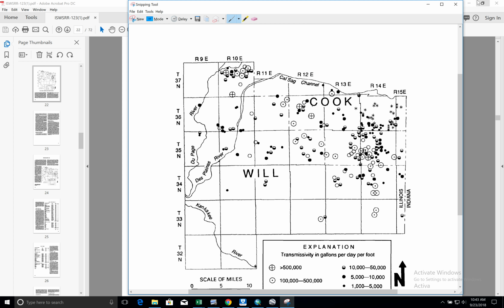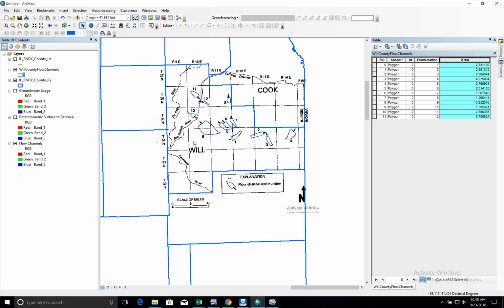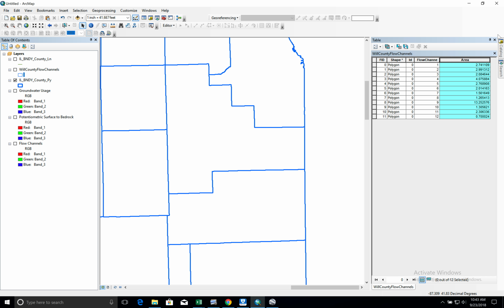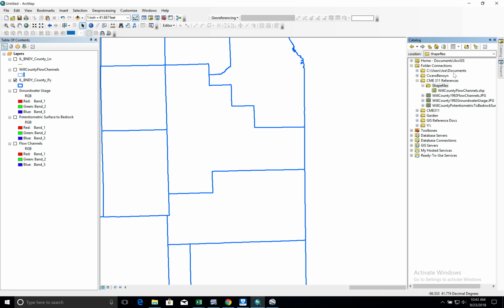Okay, so now I've got this JPEG image, and obviously you can get images from anywhere. This is a previous georeferencing that I've done, so I'm going to turn some of this stuff off. Okay, so I've already linked this to the